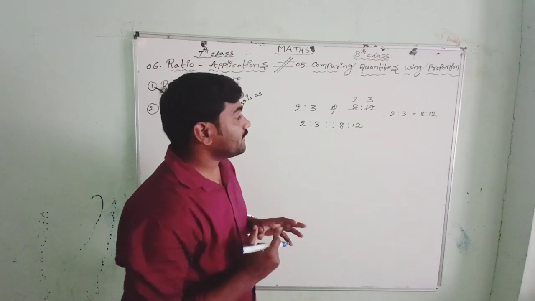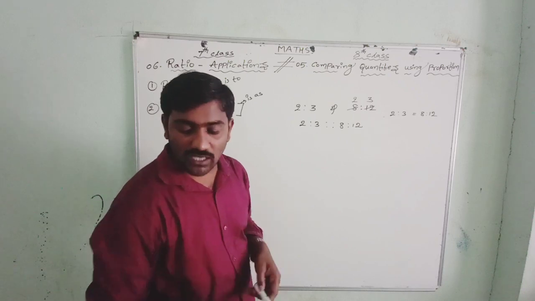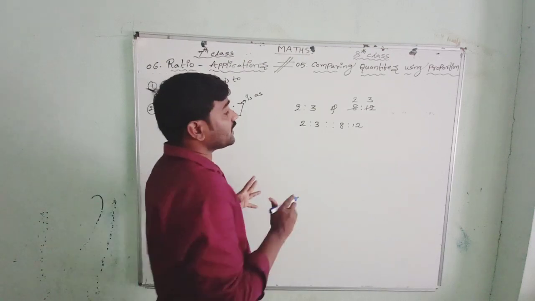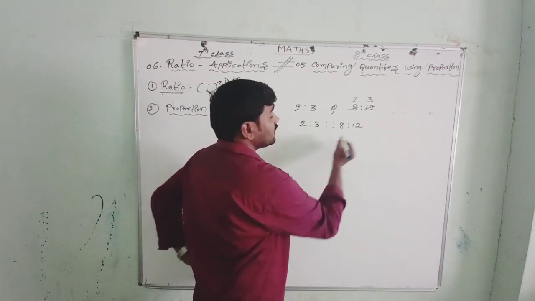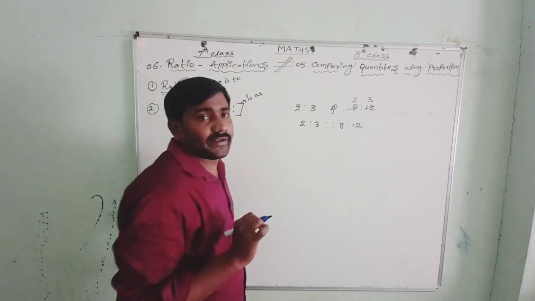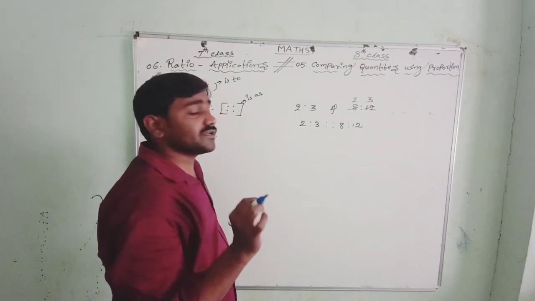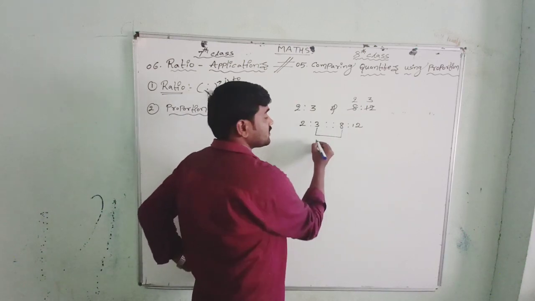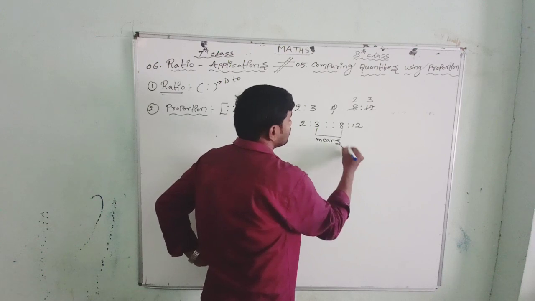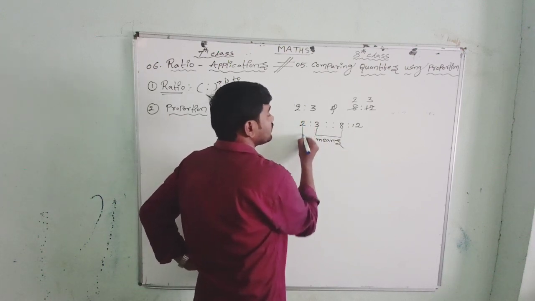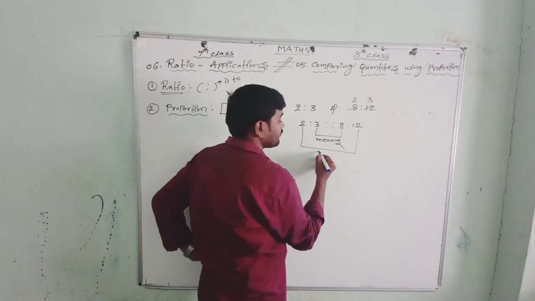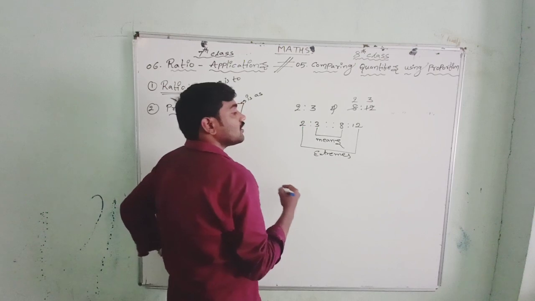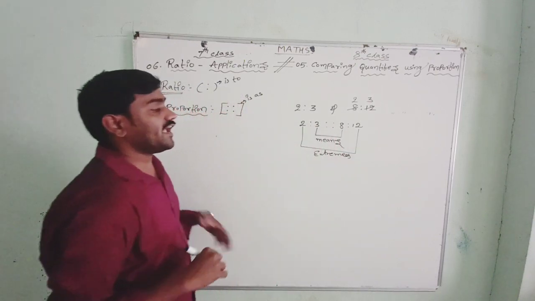Then how to check whether the given ratios, here we cancelled and told they are in proportion? How to tell whether the given numbers are in proportion or not? We can check by using one formula: the product of means, in the sense the middle terms, are known as means. Then this, extremes. Extremes. Okay, the product of means is equal to the product of extremes.